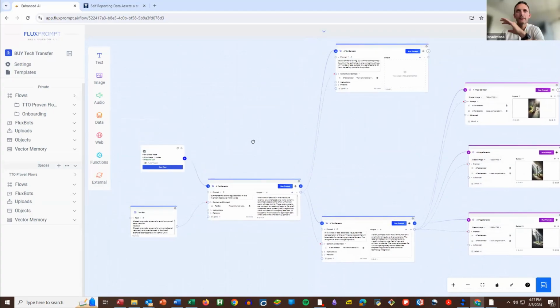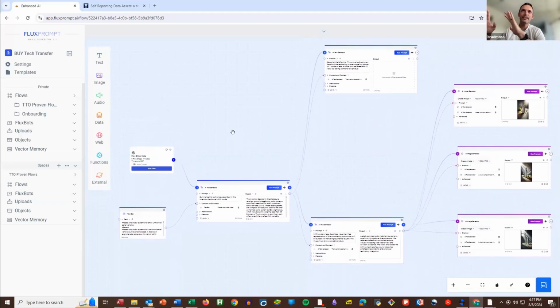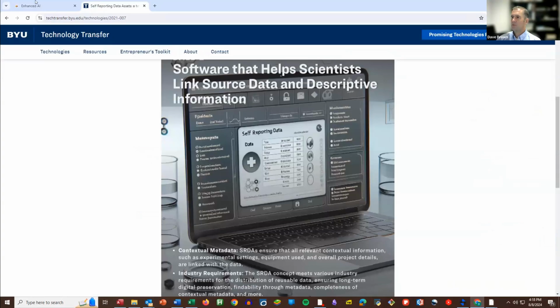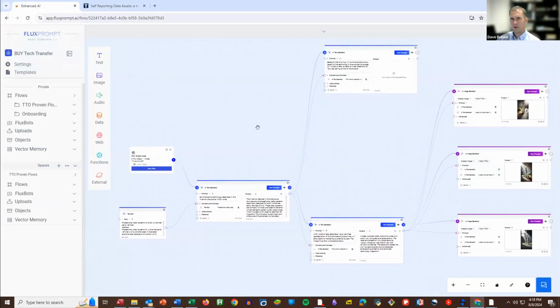For those who are not too familiar with AI, I'd say that's the perfect use case. You're using AI to do AI things, right? You think a little more meta up there to implement the technology. Yeah. And honestly, before AI, we would have had trouble coming up with sell sheets at all, because just try creating a compelling-looking image of a laptop on your own. You'd have to be a graphic designer or something, right? So AI changed that. We have on our website about 700 technologies, and we want sell sheets, these product sheets, for all of them. So doing this 700 times is way better than manually doing it, obviously.